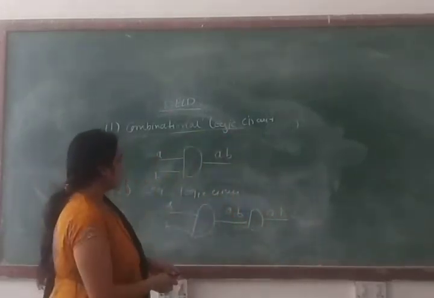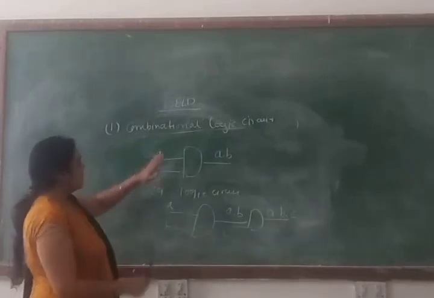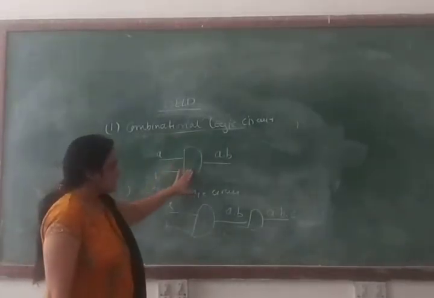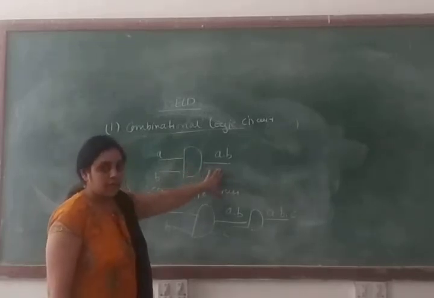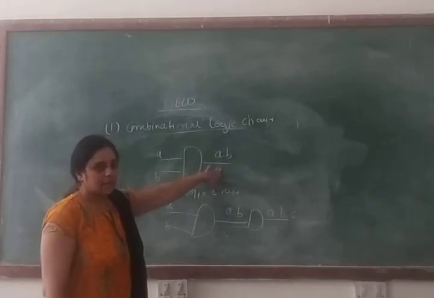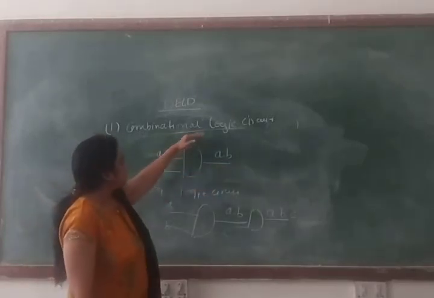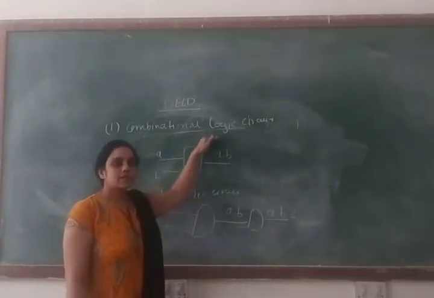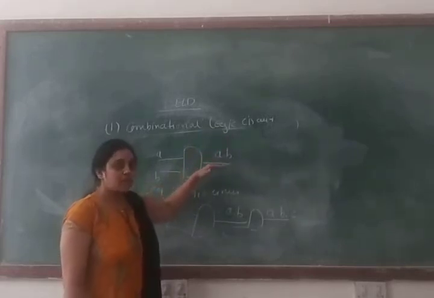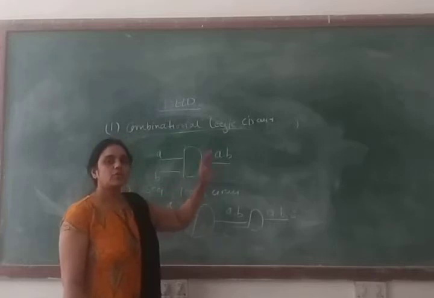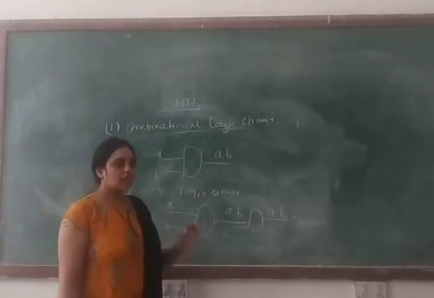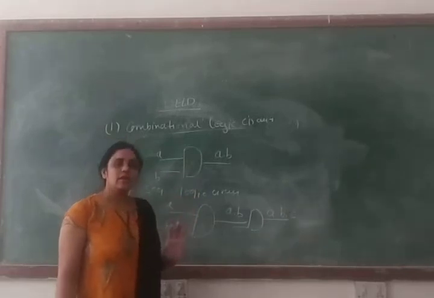So what I am saying in this definition is, in a combinational logic circuit, when you are giving input to a gate, you will get output A dot B, but that output you cannot use as an input into another circuit. Why? Because combinational logic circuits are memoryless logic circuits. So you cannot store the output. That's why you cannot use that output in another circuit. And whatever input you are providing at any instant of time, according to that you will get the output.